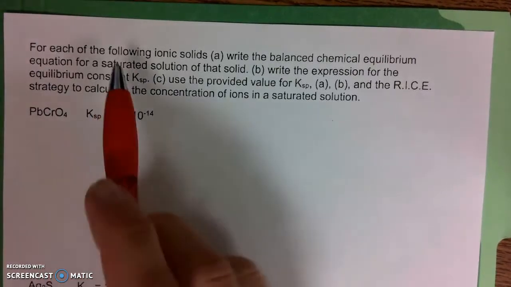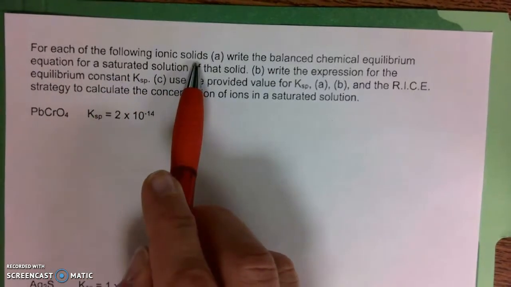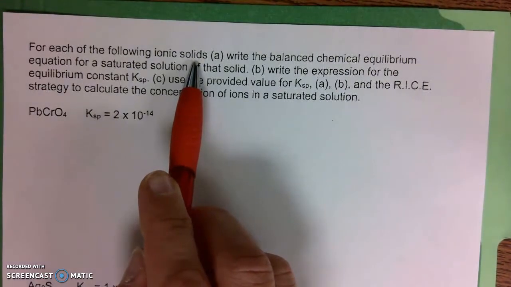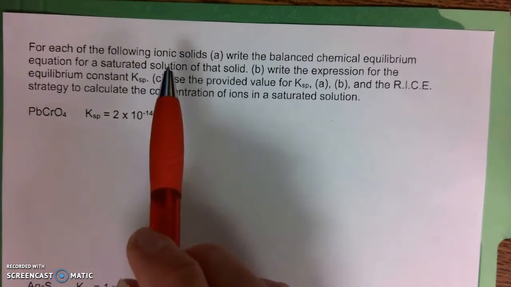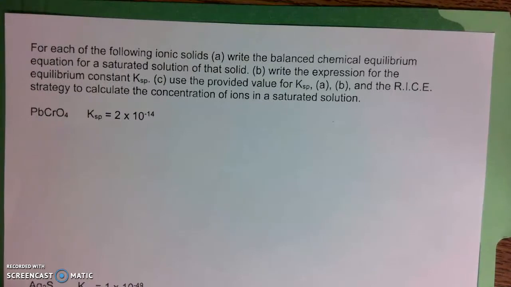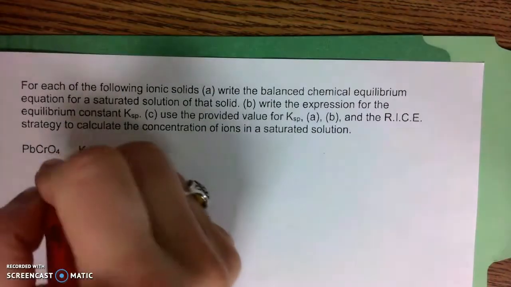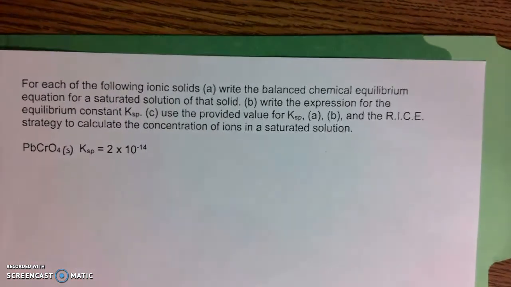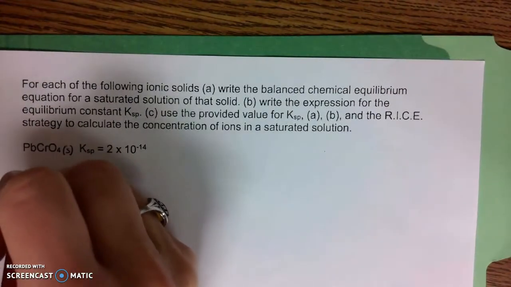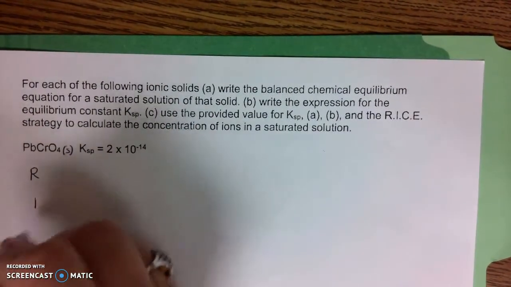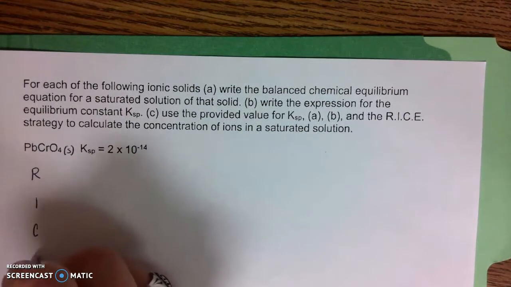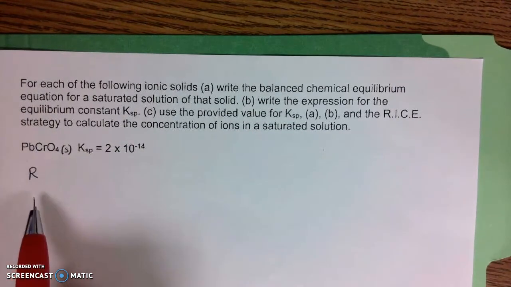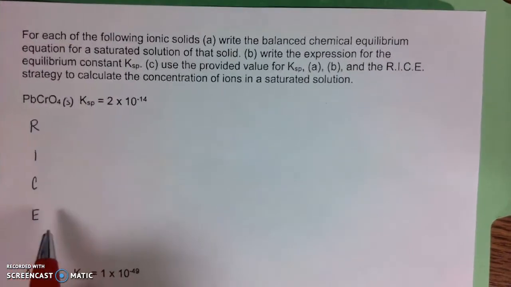Alright, this lesson is going to go over the following ionic solids. However, we're going to be using something called the ICE table or R.I.C.E table, which is the reaction, the initial concentration, the change in concentration, the equilibrium concentration. So here we're going to be starting with a solid. The first step in the R.I.C.E table, let's write out the R.I.C.E. Again, the reaction itself, the initial concentration, the change of concentration, and the equilibrium